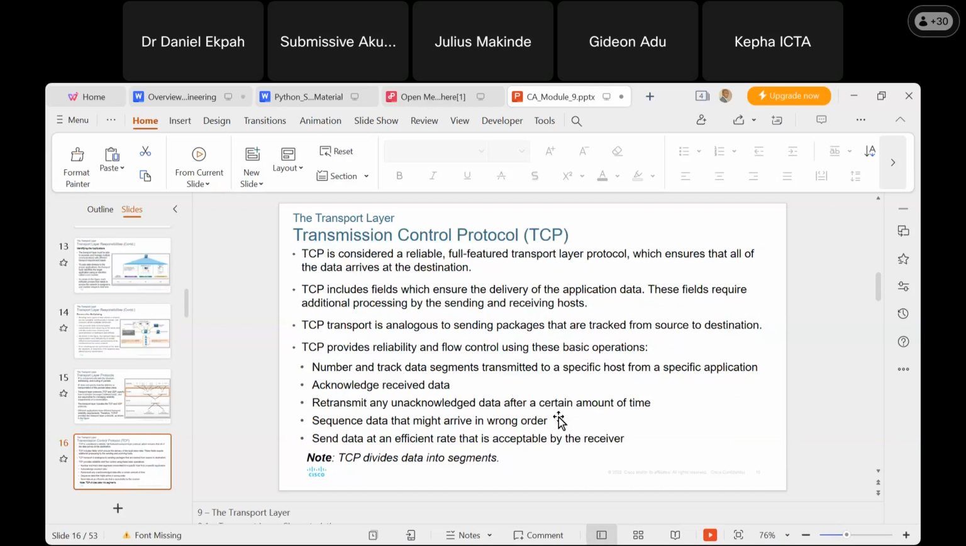The Transmission Control Protocol, TCP, like we said earlier, is one part of the transport layer, and it's actually reliable. It's a full-featured transport layer protocol. It ensures that all the data arrives at the destination, so it guarantees you delivery. It's the only layer that has its connection across all the other layers. So the transport layer at every point in time plays an active role across the entire layer of either the OSI